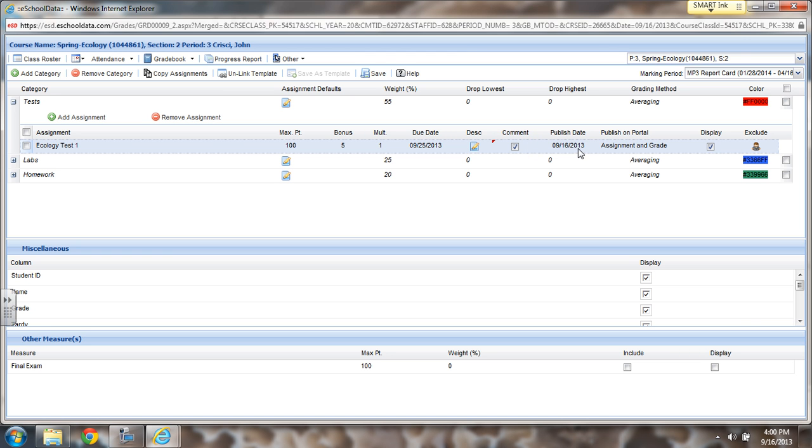The publish date, please note that the publish date is different than the due date. Again, the due date is the day that the thing is due or the assignment is happening in class. The publish date is the date that the parents will see this assignment in your gradebook. So if it has an earlier date, of course, the parents can see that a test is coming up on